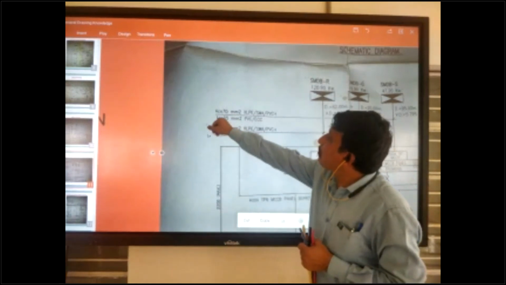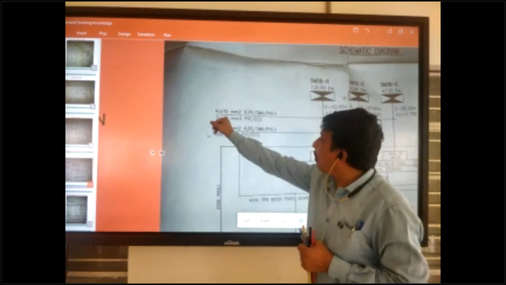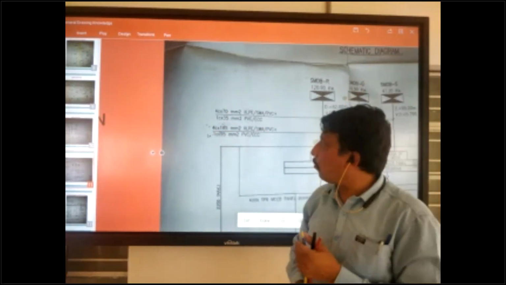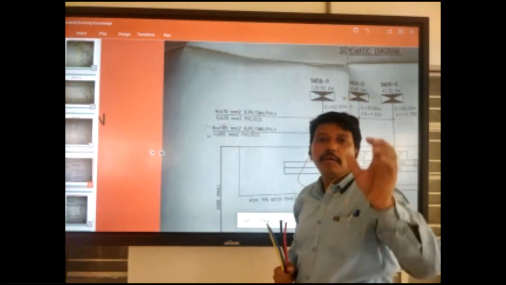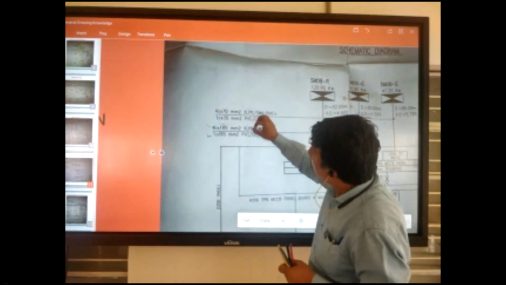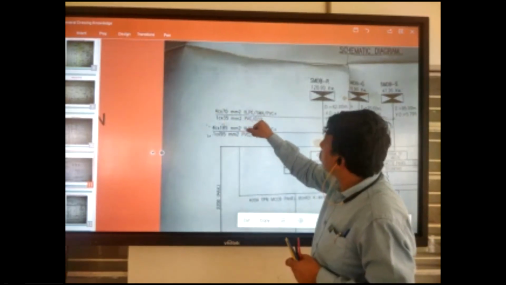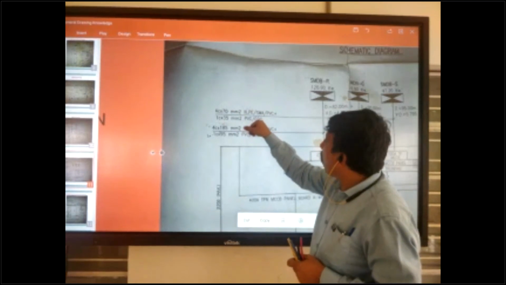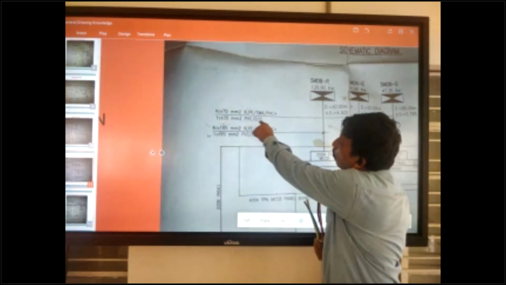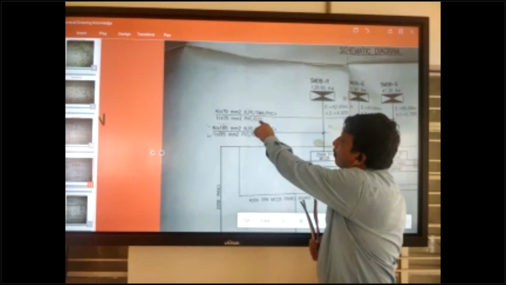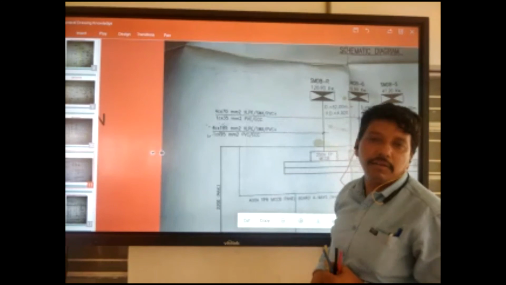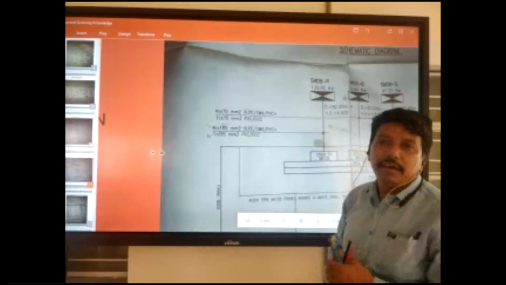So we can use this single core, 1 core only written. 1 core means only 1 cable used for earthing purpose, grounding purpose, okay? And 4 core used for power supply purpose, okay? So always coming in PVC ECC, earthing continuity conductor. ECC full form is earthing continuity conductor. So this means earthing. Upside is power cable, downside is earthing.